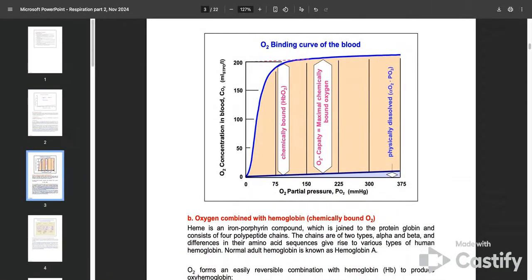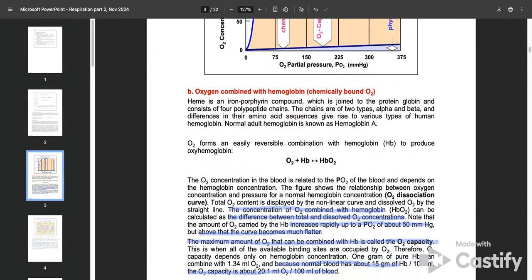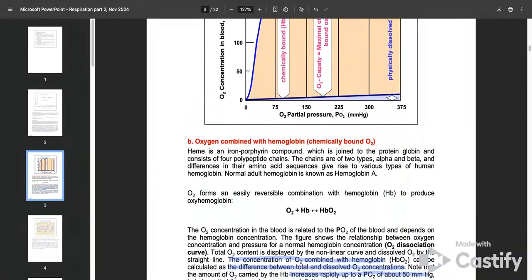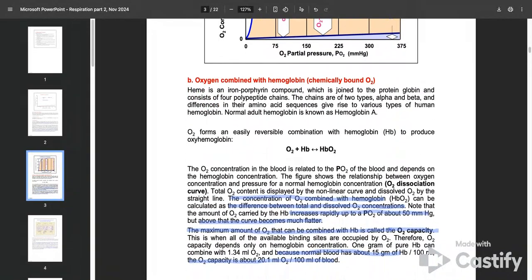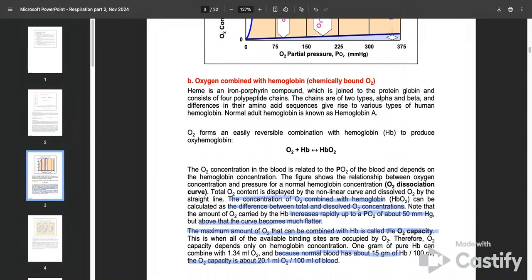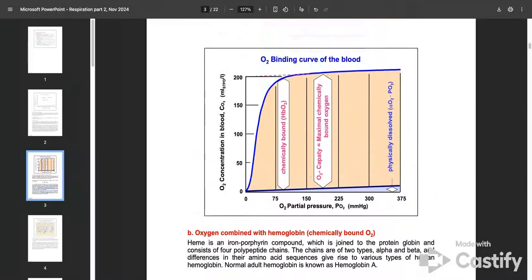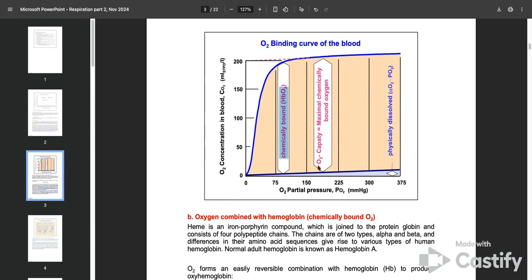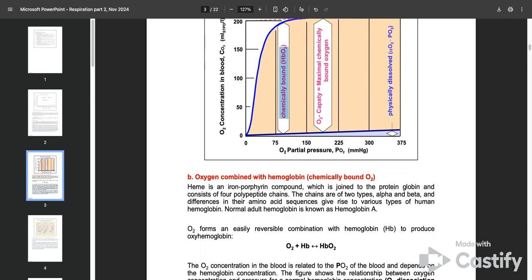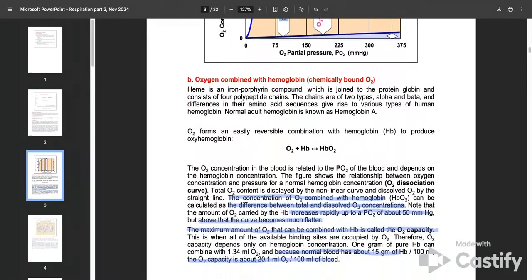This is the oxygen binding curve of the blood. So this basically shows that the concentration of oxygen combined with hemoglobin is basically the difference between the total and dissolved oxygen concentrations. So you inhale oxygen, right? That becomes basically the alveolar pressure of oxygen, whatever inspired oxygen. And the main point is that the chemically bound hemoglobin oxygen can be calculated by subtracting the dissolved oxygen from the total oxygen, okay? Because we're going to have the dissolved oxygen and the chemically bound oxygen in our blood, okay? And then we need to know that